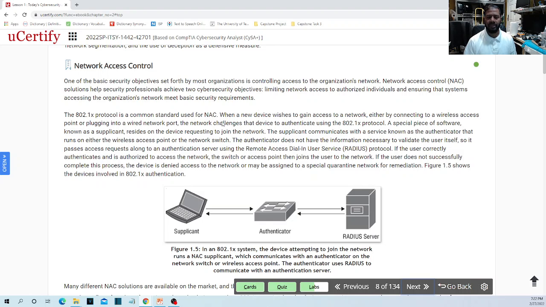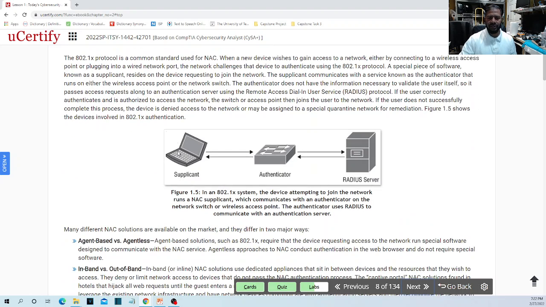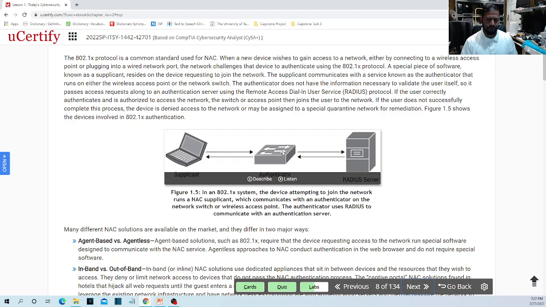As this picture shows, this computer, called the supplicant, is trying to access this device. This is a switch. Let me give you an example. There is an access point, meaning a Wi-Fi router. You have your laptop, and you want to connect wirelessly to that Wi-Fi router or access point. What is it going to do? Isn't it going to ask you for the password? That is what I'm talking about.